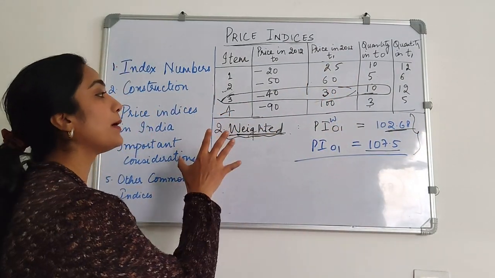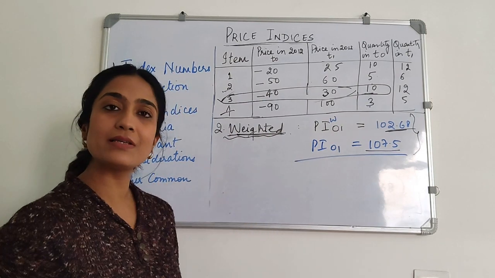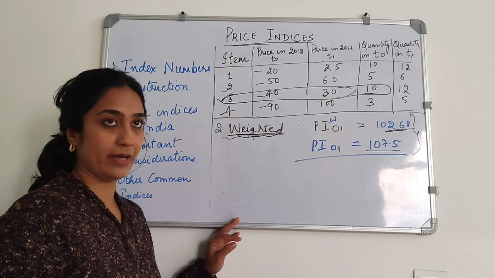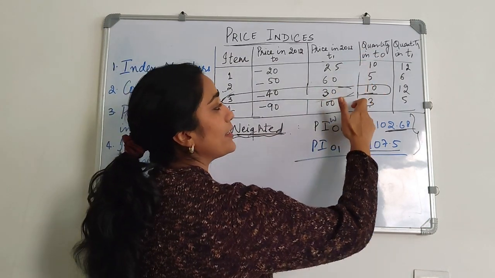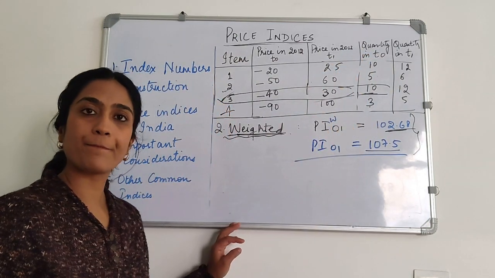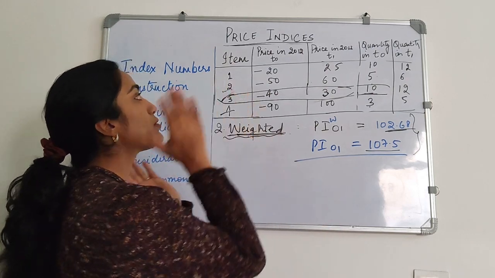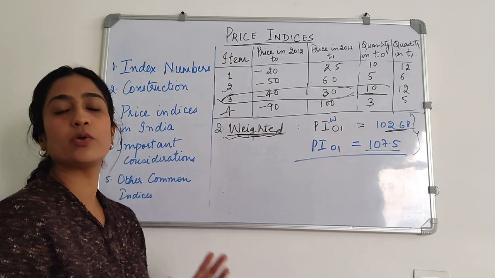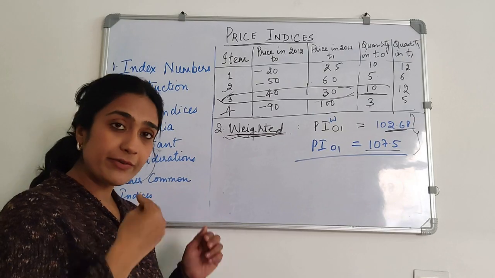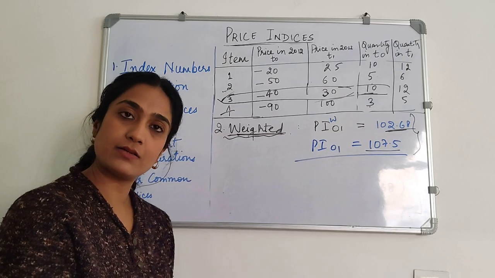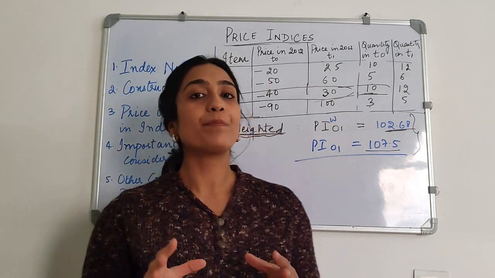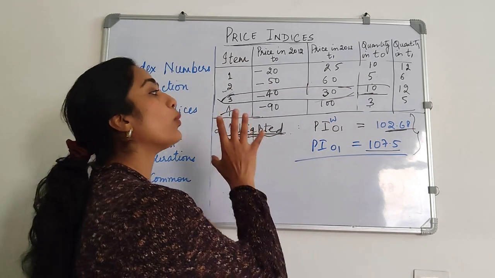How can we interpret this intuitively? Think about it. Suppose you are someone living in 2012, and this is the basket that you were consuming: 10 units of item 1, 5 of item 2, 10 units of item 3 and 3 units of item 4. Now, if you want to consume the same basket of commodities in 2013,